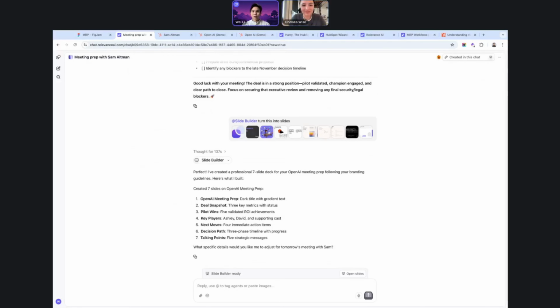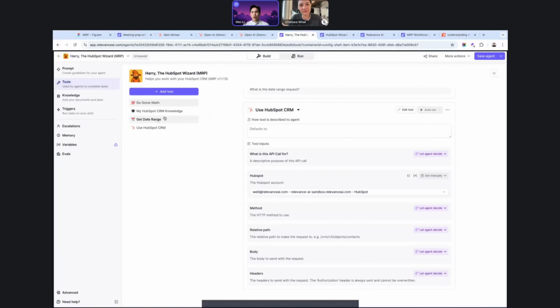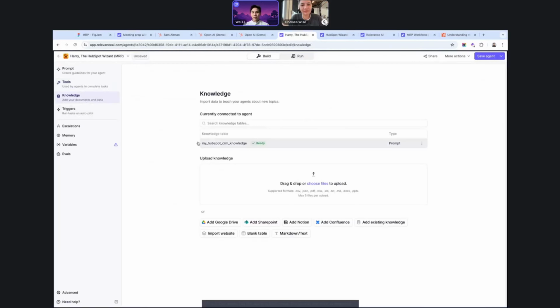Yeah, it's the same. So this agent specifically is designed to be general purpose. So anyone working with HubSpot, it should work with you automatically. The thing that it is actually contextualizing is empty. So as you clone it, you'd see that you have a My HubSpot CRM knowledge.